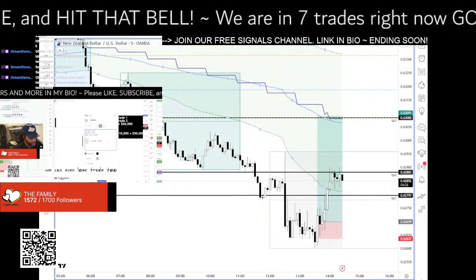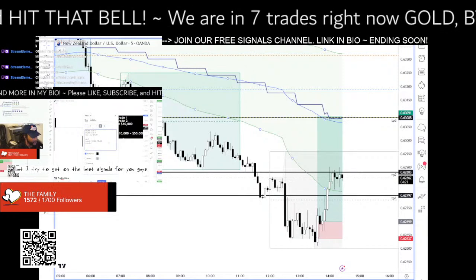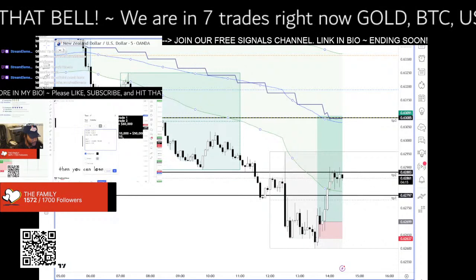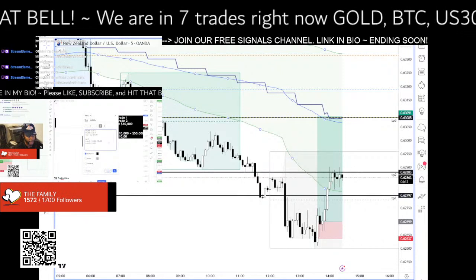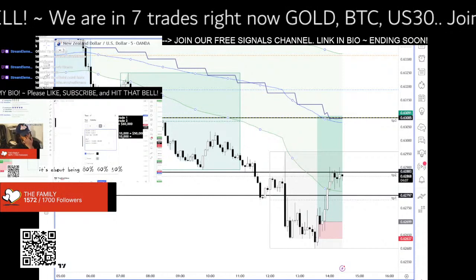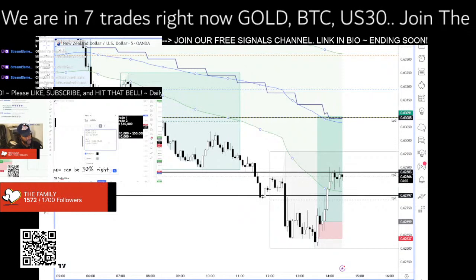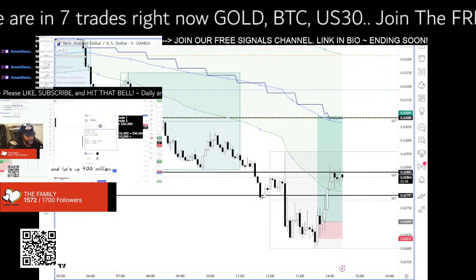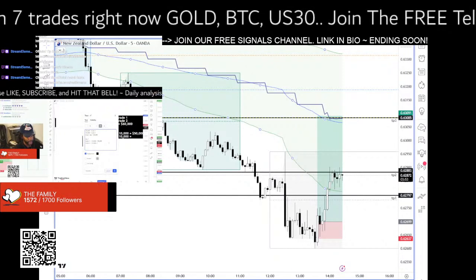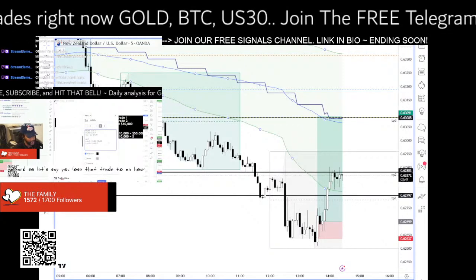We could even lose a trade too. And we don't do this, but I try to give out the best signals for you guys, just to show you how math works. You can lose and still be profitable and make money. It's not about being 100% right. Trading is never about that. It's about being 80%, 60%, 50%, being above 50% right. You can even be 30% right. There's a trader who's 10% right and he's up 400 million. I'll play his story and do the math on him. And so let's say you lose that trade too, and now we're up